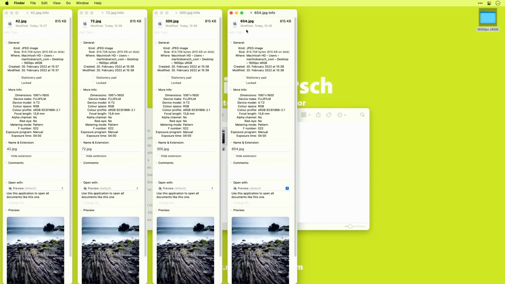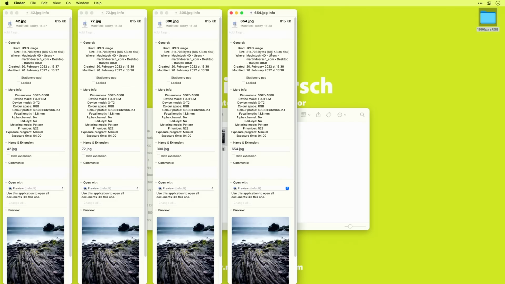And the cool thing is, if you look at the file size, the size on the hard drive, this one is roughly 815 kilobytes on disk. This one is 815 kilobytes, as well as this one and this one. So we have 4 different files with 4 different DPI counts, but they have the same file size on the disk. Is there something strange? Let's see. What else can we assess inside this information box?